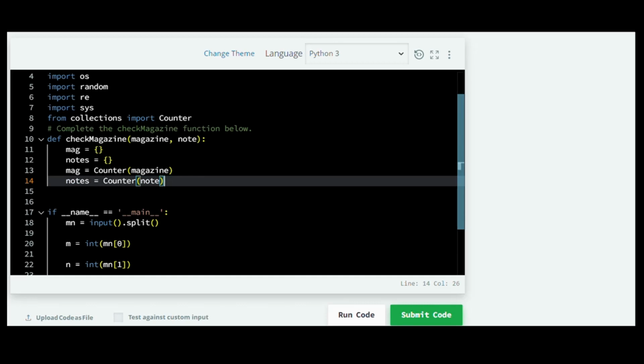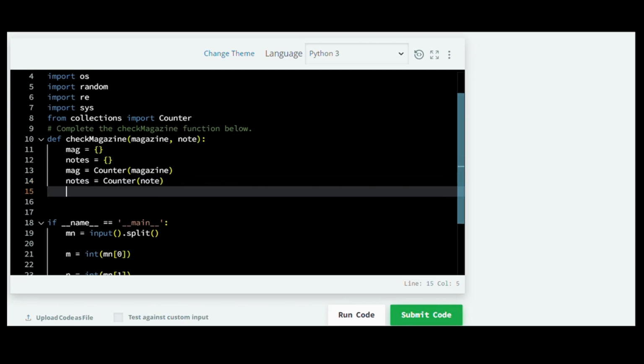And now since we have used the Counter function, we can subtract the count of all the words from other Counter dictionaries. So here we'll create a variable called result, which is note minus mag. It's going to subtract all the occurrences which are present in mag from the occurrences in note. And if the word doesn't exist in note, then we'll just ignore that in the magazine.